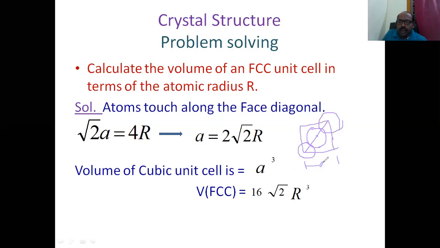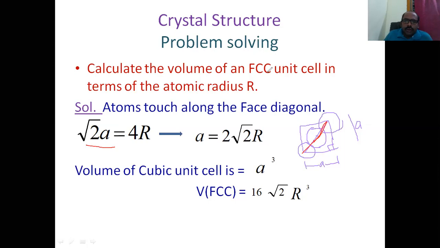So it is a, and this is also a, this is also a, right? And it is the right-angled triangle we are seeing. So this is the hypotenuse of our right-angled triangle. From this we get root 2 a. The length of the red line is root 2 a. So that is what is written here, root 2 a.